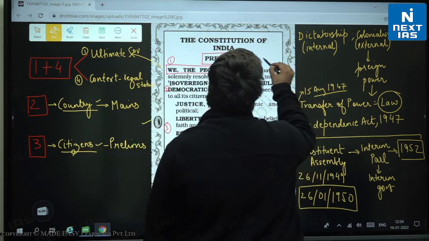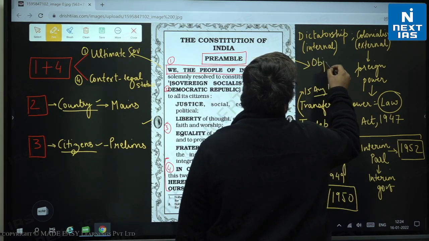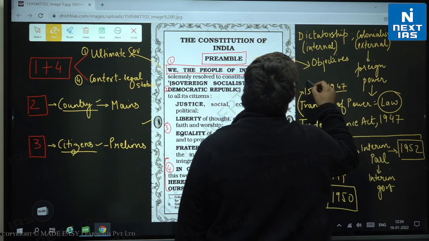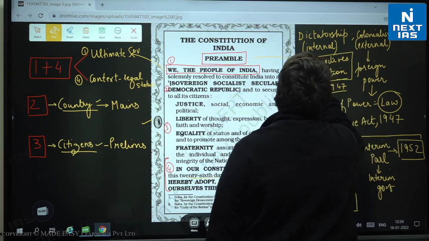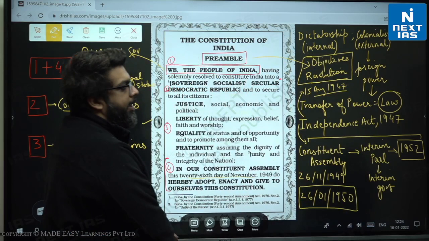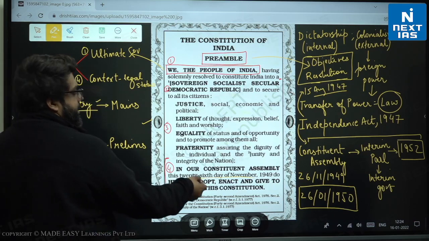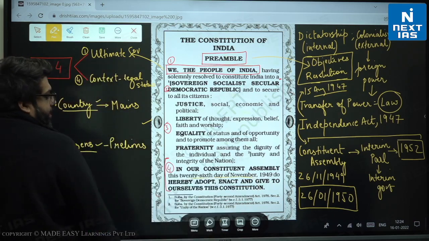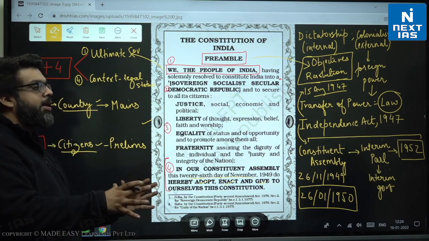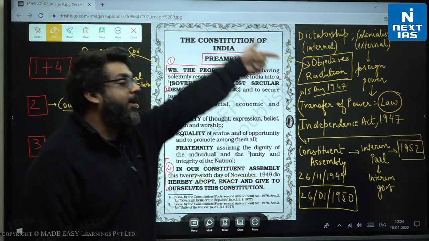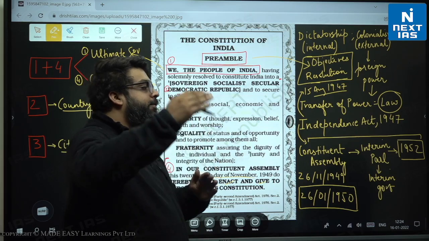And the preamble was inserted into the constitution on the insistence of Pandit Nehru in a speech that he had given in the Constituent Assembly, and the speech contained something called the Objectives Resolution. Basically, the aspirations of the kind of country that we wanted to build. So, in our Constituent Assembly, on the 26th day of November 1949, we adopt, enact and give to ourselves, which means we pass the constitution, but the constitution is going to be enforceable from a later date, and that is perfectly possible. Any law can be passed today and can be brought into force from